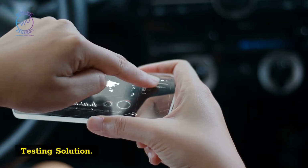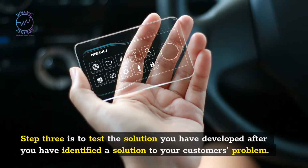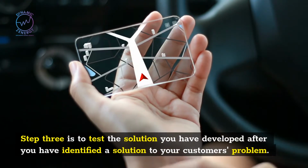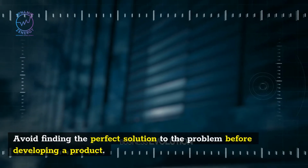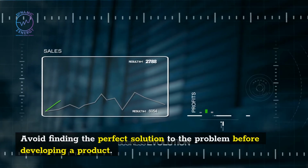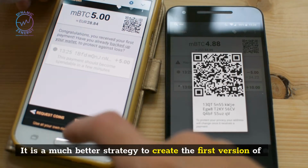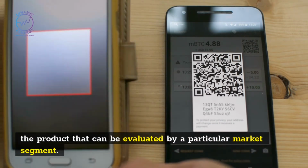Testing solution. Step 3 is to test the solution you have developed. After you have identified a solution to your customer's problem, testing the solution is the next step. Avoid finding the perfect solution to the problem before developing a product. It is a much better strategy to create the first version of the product that can be evaluated by a